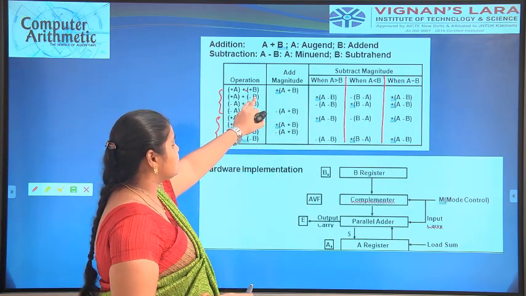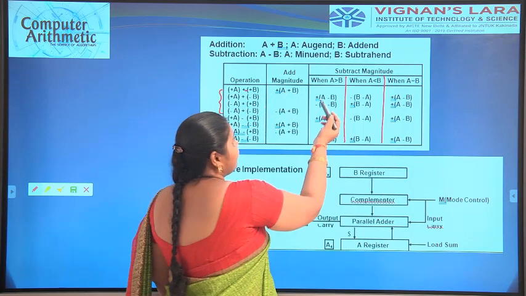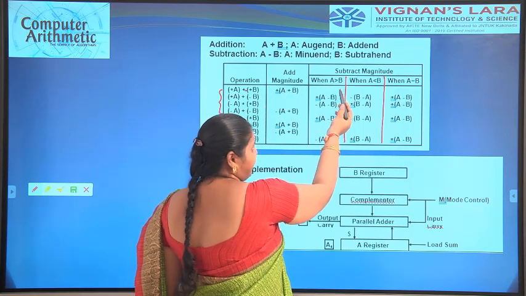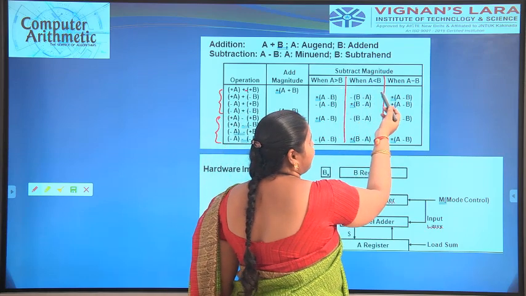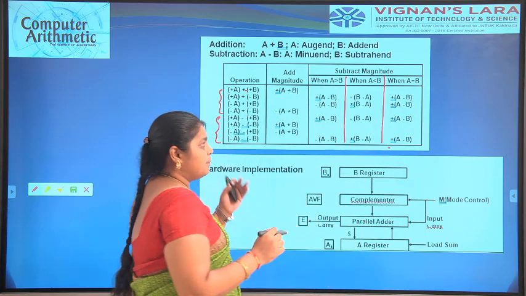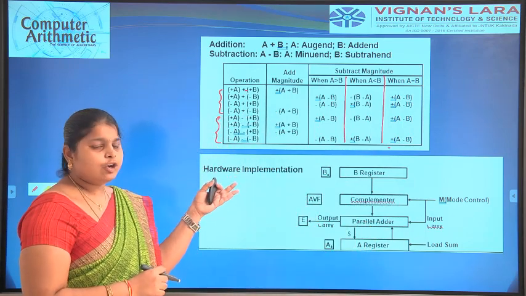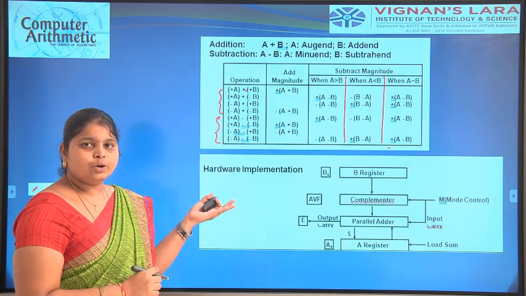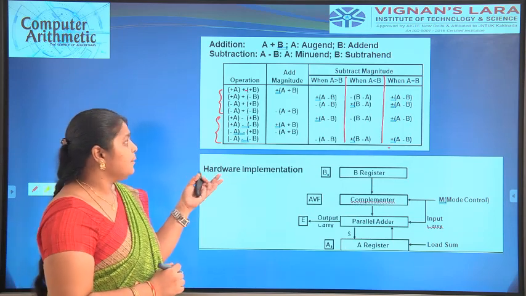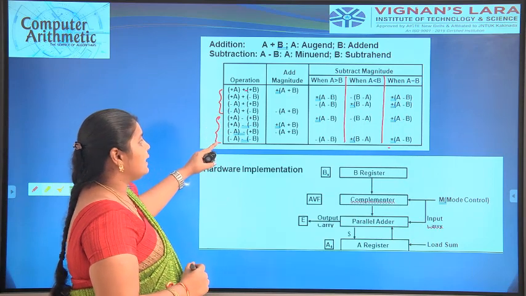Both cases are plus, so the resultant output will be the addition. Here, when the A value is greater than B, or when A is less than B, or when A is equal to B, the last column says the resultant output will be plus 0 or minus 0, a negative number or a positive number. Okay, here the first 4 are positive numbers and the second 4 are negative numbers.